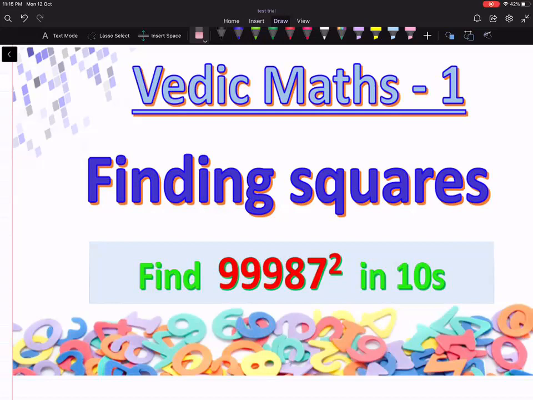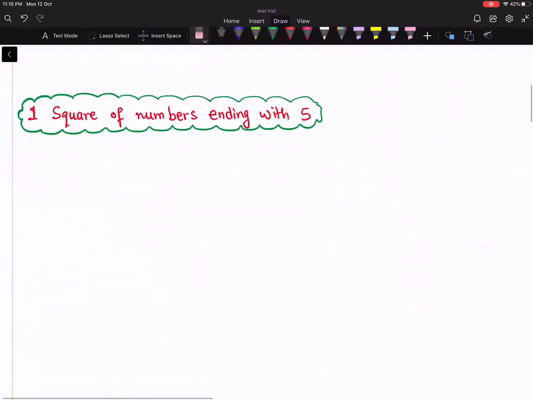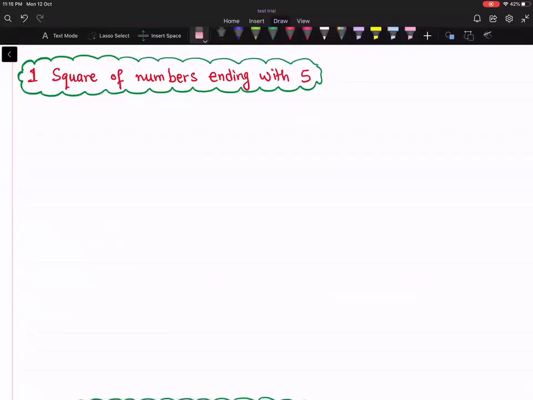First, we'll be taking how to find squares of numbers really fast, starting with the numbers ending with 5. If a number is ending with 5, how to find its square? For example, if I am interested in 45 square, the answer will always end up with 25. That's 5 square is 25. And before that, the digits will be decided by the number 4 in this case. You'll have to multiply 4 with the next number 5, right? So 4 into 5 is going to decide the first two digits. This is going to be 20 and my answer is 2025.